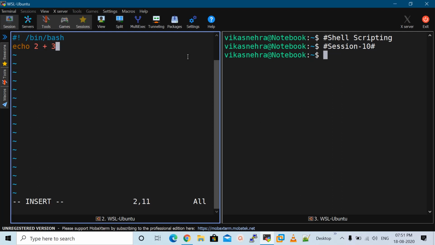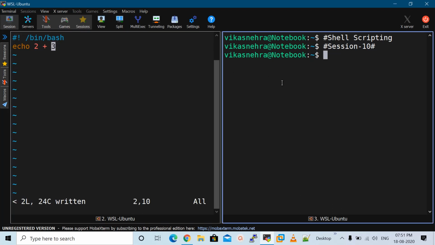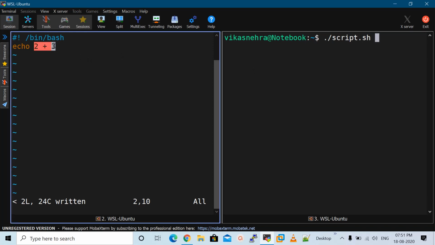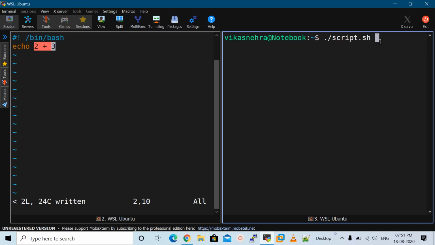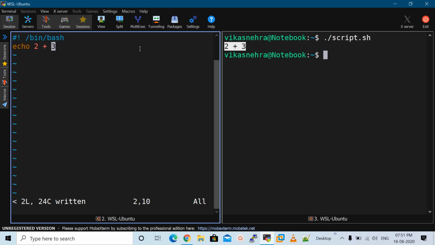I'll show you. So I'm going to save the file here. If I execute this file, then we will not get the result of this operation. We will only get 2 plus 3 on the output like this, because whatever we mention after the echo command, that gets printed. So in order to perform the arithmetic operations, we have to follow some steps.